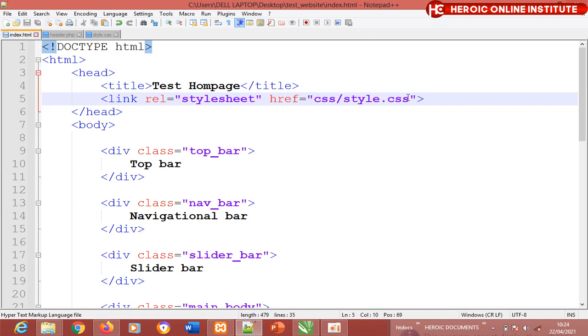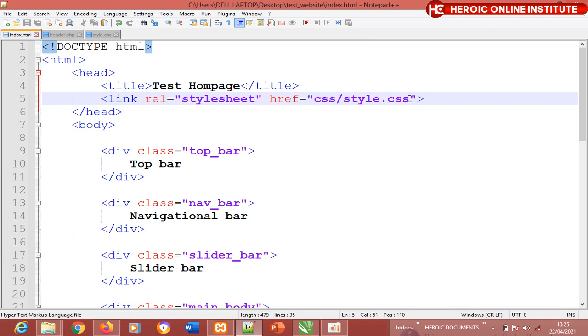But there's one more thing I want to do. I want to add just a little PHP code to this. Why do I want to do that? I want a situation whereby whenever I refresh, the changes will show immediately. Sometimes if you don't add the code I want to add now, if you refresh your page after coding, the changes might not show. But to make sure that whatever changes you make will show immediately on the page, just add this little